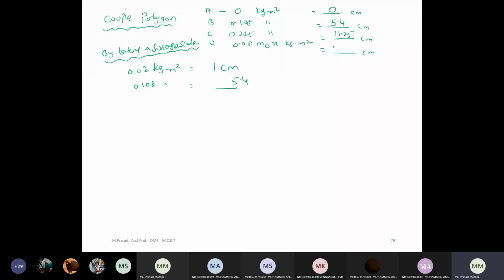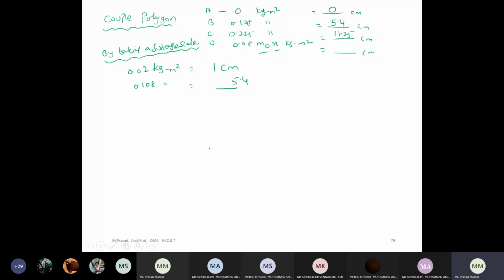And what about this D? I can't draw any centimeters. So this length for plane A is 0. I'm having B and C, and D I'm having the unknowns. MD is unknown and X is unknown. Now I'm drawing a polygon. The closing side of the polygon always gives the resultant. Now here D is my closing side of the polygon. Since plane A value is 0, there is no use. You are having only two values, B and C. But we know the angle made by B and C. What is the angle made by B and C?